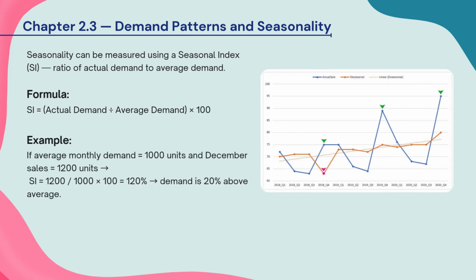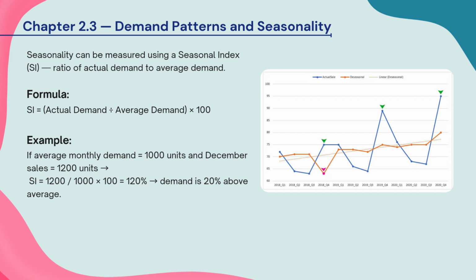Seasonality shows how demand varies at different times of the year. It can be measured using a seasonal index, SI, which compares actual demand to average demand. Formula: SI equals actual demand divided by average demand times 100. For example, if average monthly demand is 1,000 units and December sales are 1,200 units, SI equals 120%, meaning demand